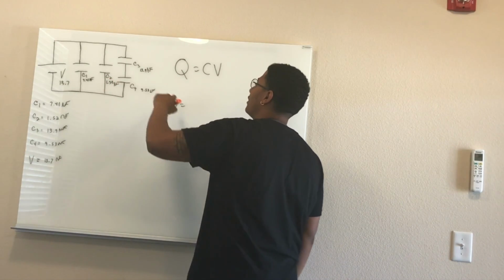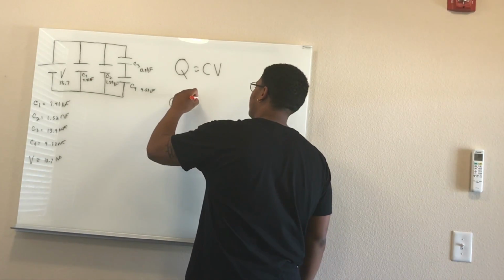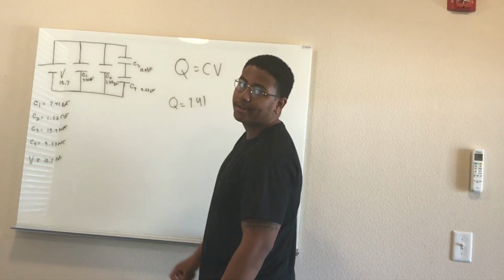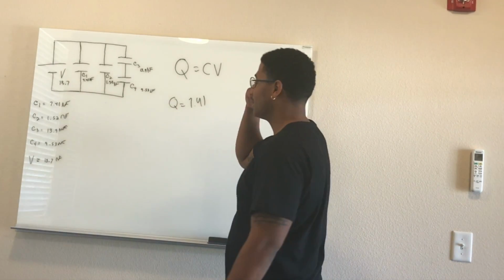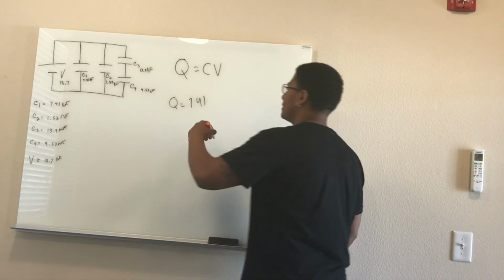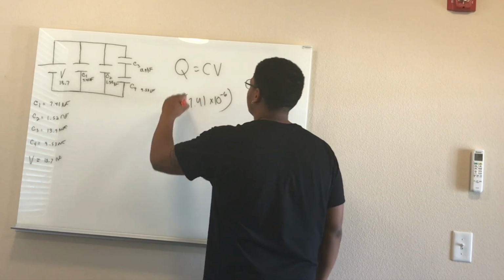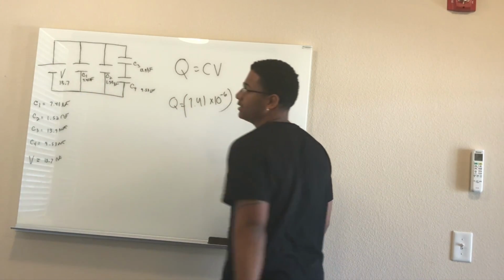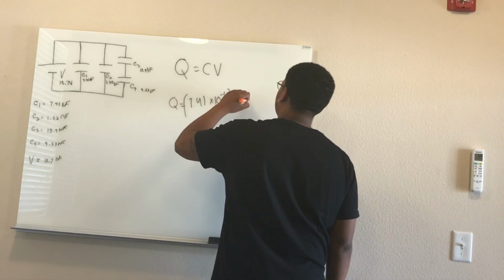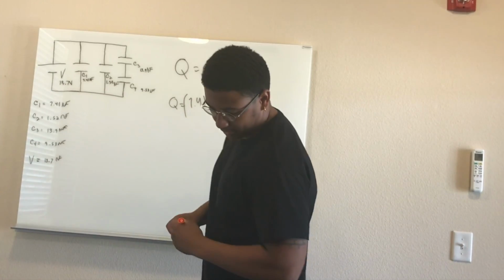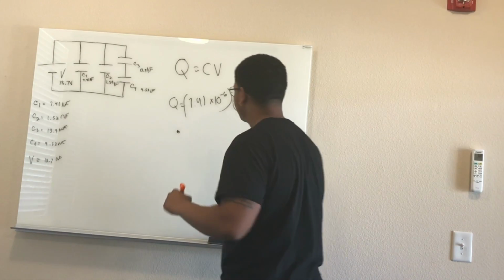7.41 microfarads, because that is the capacitor that we are measuring the charge in. And since it's in microfarads, we have to multiply by 10 to the negative 6, because the prefix micro is negative 6. Times the volts, which is 13.7 volts. And then you put that in the calculator and you should get a point